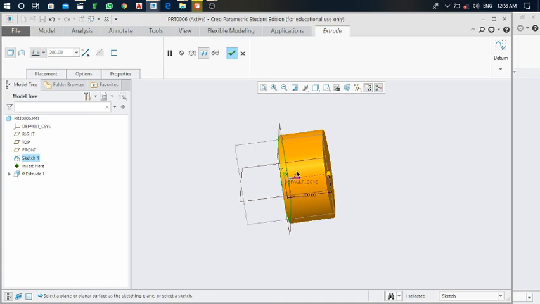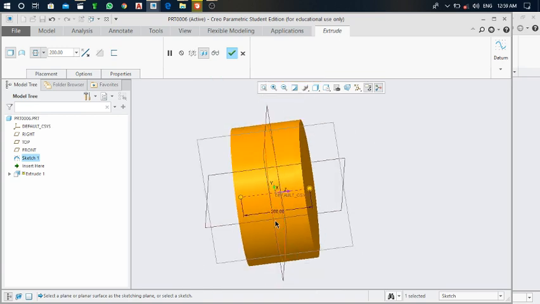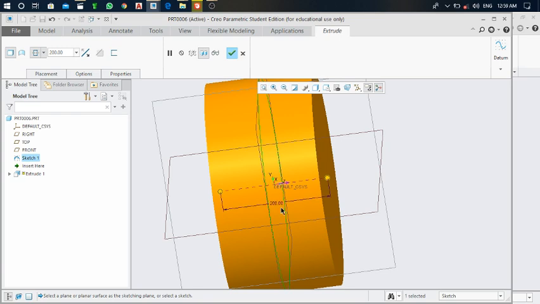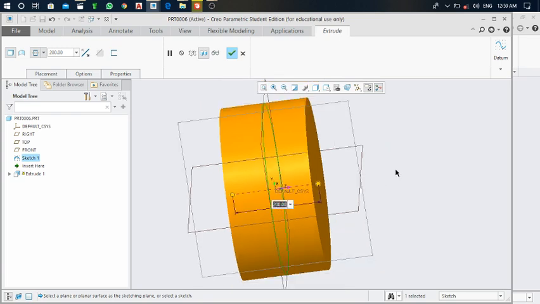If you wanted to make it extruded the same on either side of this plane, you can see this second option, extrude on both sides of the sketch plane. So click on it. Here you can see the changes. Now this is 100, or you can say the total is 200 thickness. You can also change the direction. From here you can change the depth direction of extrude to the other side of the sketch.